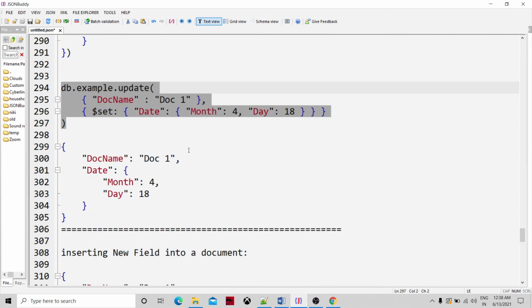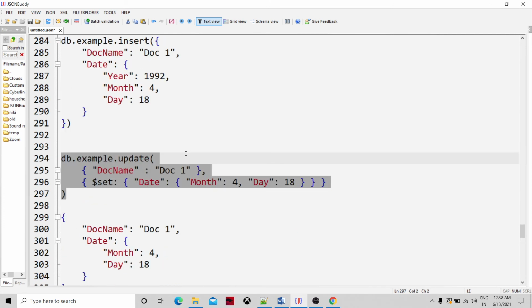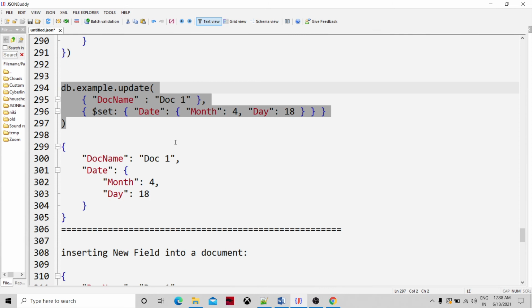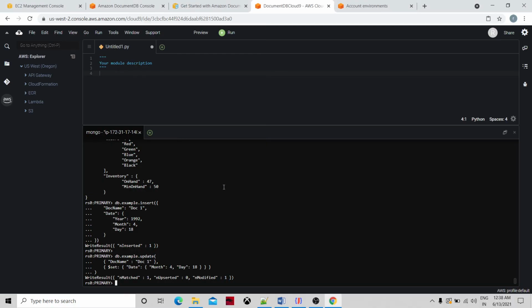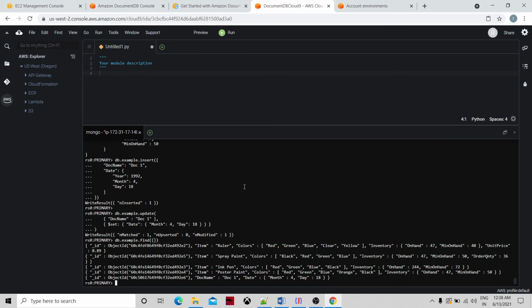Now if I update, then example db2 example dot find, everything. Oh, okay, because it was not pretty. So let's make it pretty.